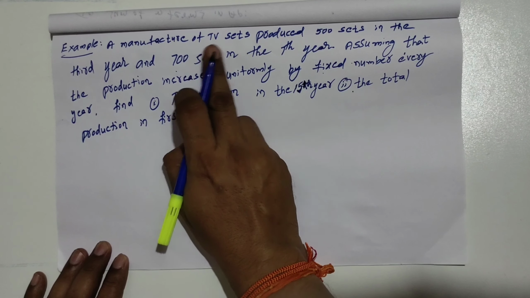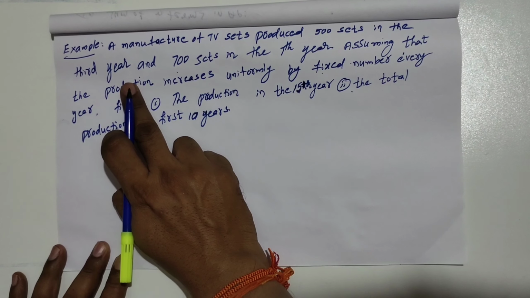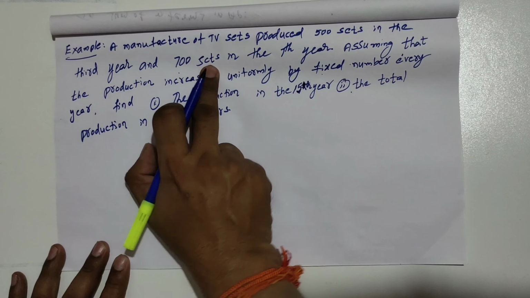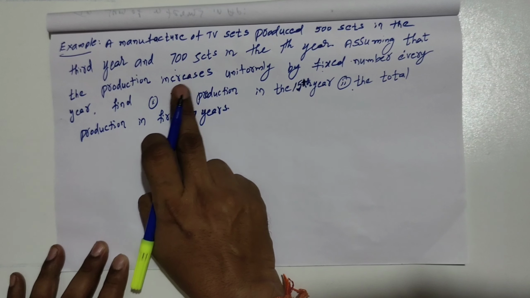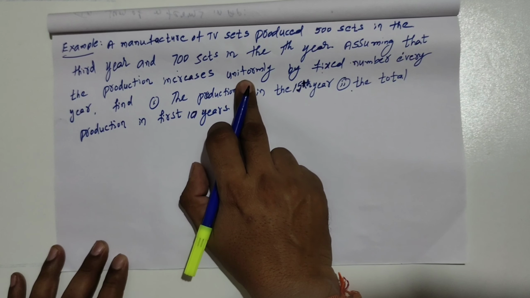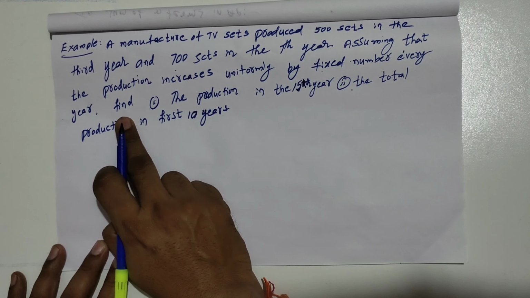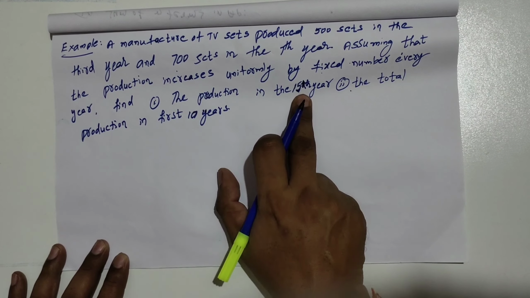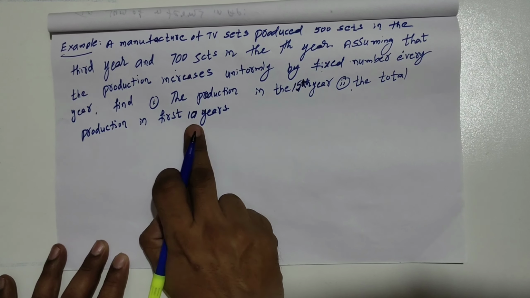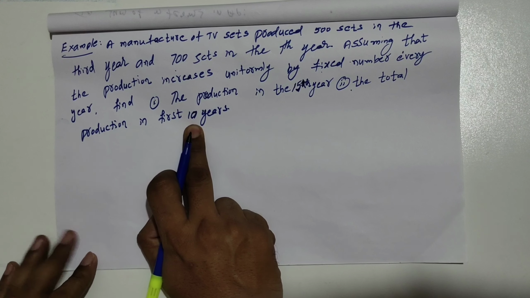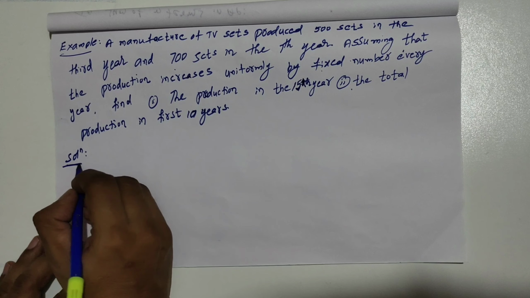A manufacturer of TV sets produced 500 sets in the third year and 700 sets in the seventh year. Assuming that the production increases uniformly by a fixed number every year, find the production in the 15th year and the total production in the first 10 years. So here students, while understanding the sum,